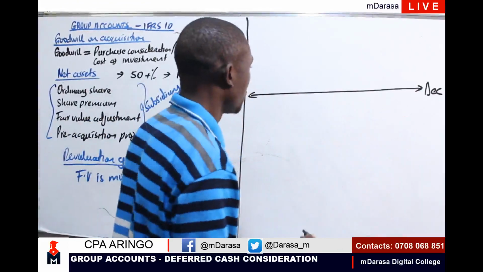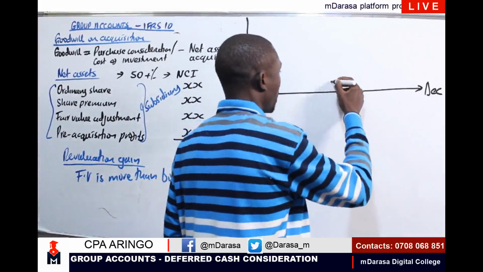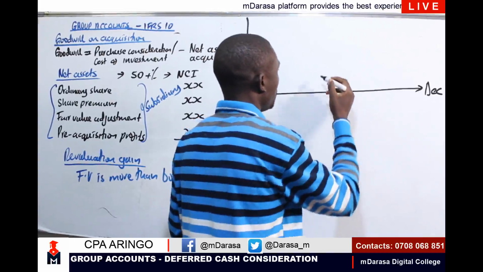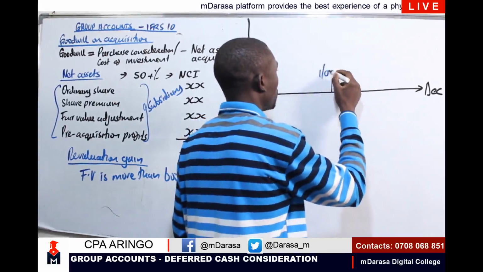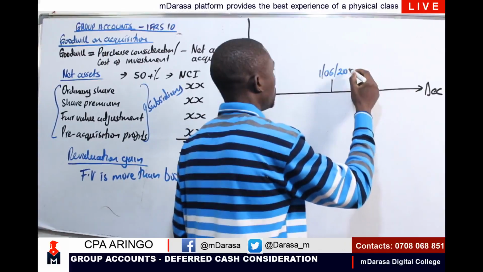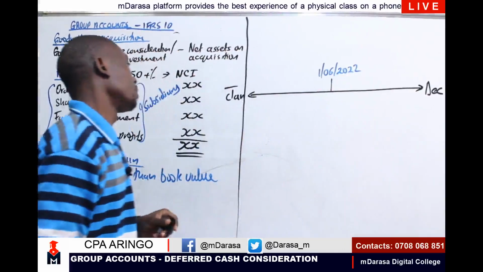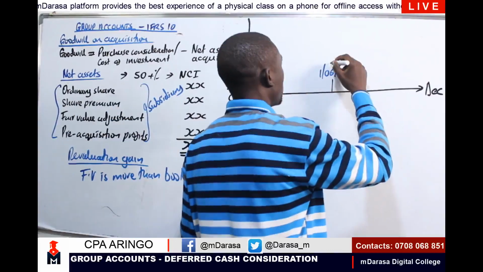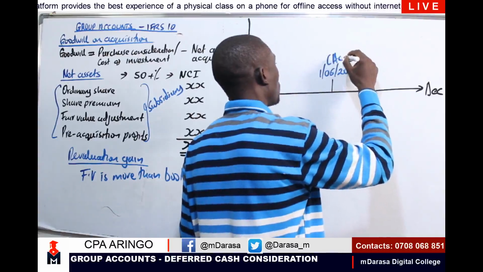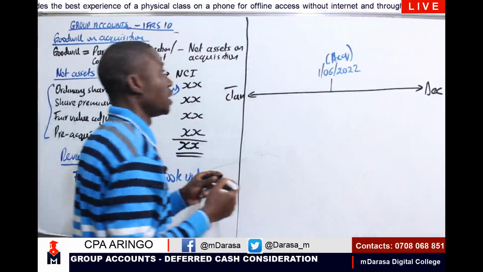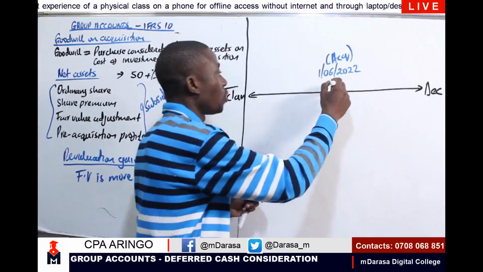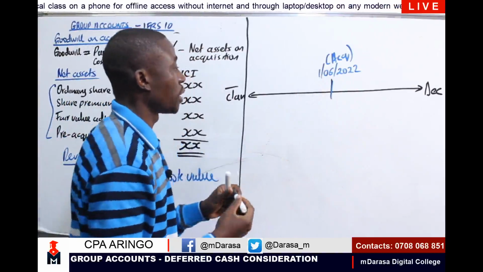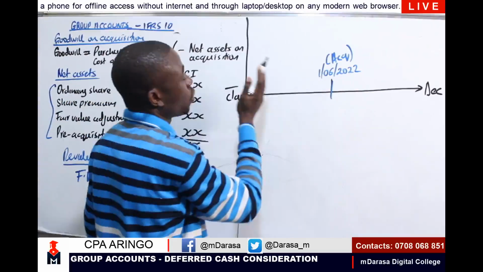So my financial year is running from January to December. Here comes a parent that will acquire this subsidiary, say in between the period, like on 1st June 2022, for example. So this is the acquisition date. The period before acquisition, before we acquired this company, and the past years it has been operating,